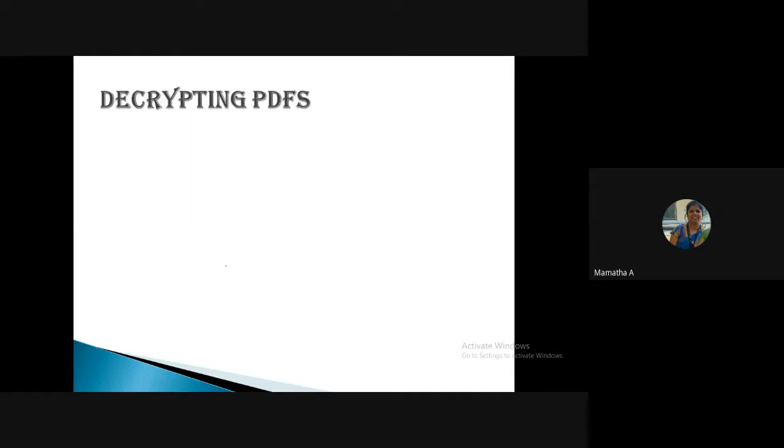So anybody who tries, by mistake or intentionally, to open the PDF will definitely be asked for a password. Similarly here in Python, suppose I want to open a PDF and it contains a password. I should give the password and then try to extract the text from it.